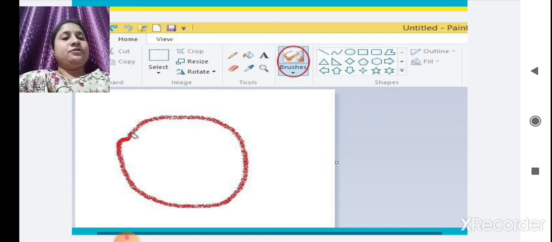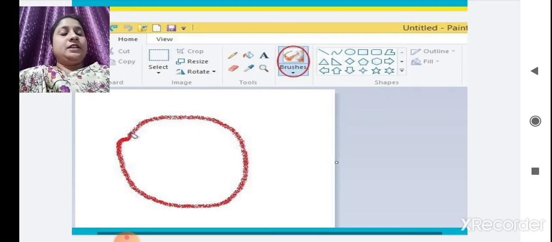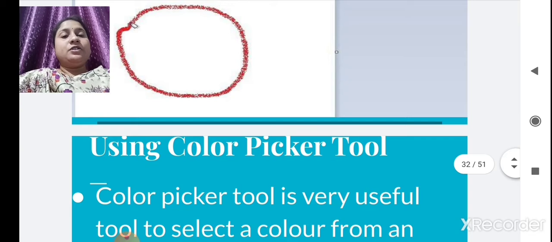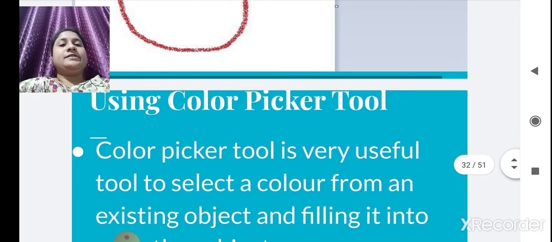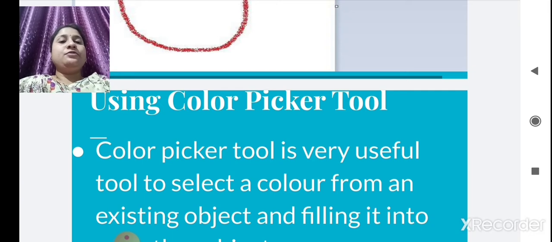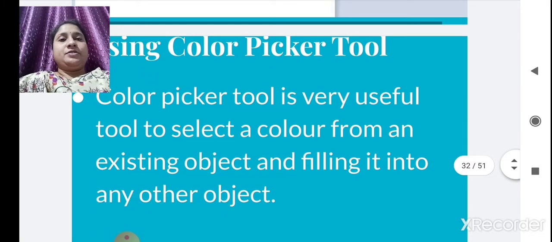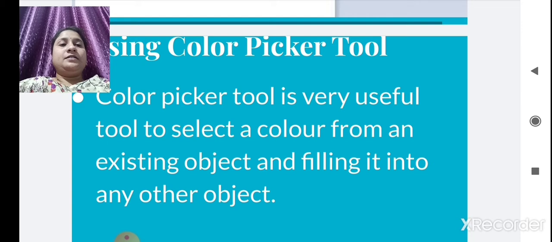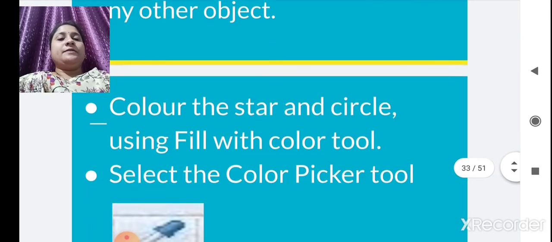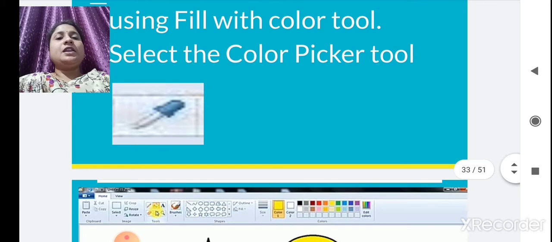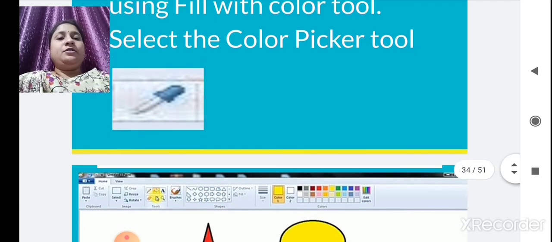The next we are going to see is using color picker tool. So color picker tool is used to select a color from an existing object and fill it into any other object. You have to select a color from an existing previous object and fill it to any other object. Now look here, this is an image of color picker tools.